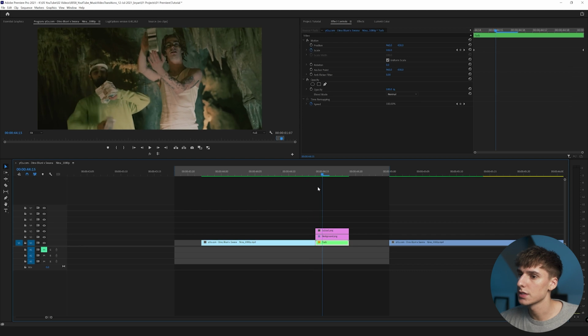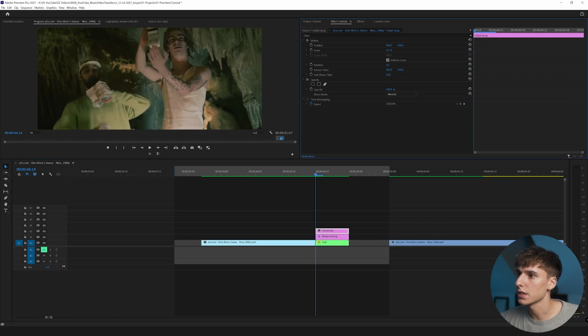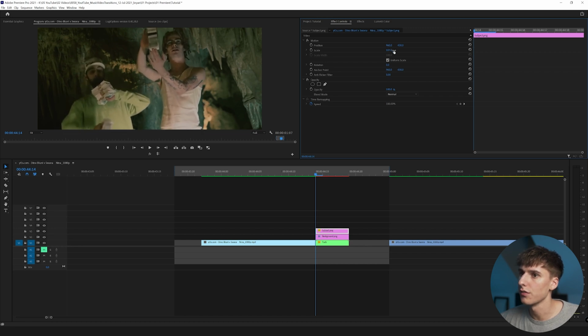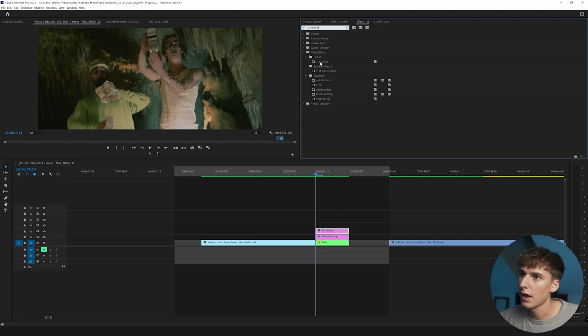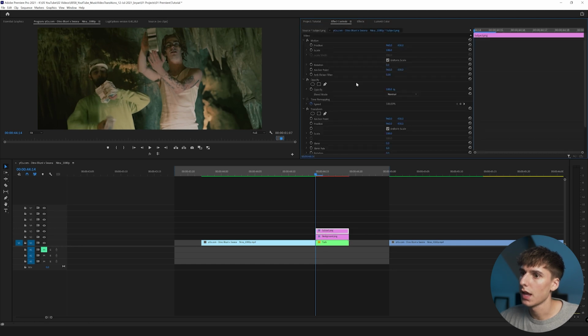And then since we have the subject masked out, I think it'd be cool to just scale them in, because scaling them in isn't gonna do anything to the background, and it just adds a little bit extra layer of depth to it. So you can go ahead and keyframe the scale, but I'm actually gonna use transform effect. That way we can add some shutter speed to it and make it have some motion blur.